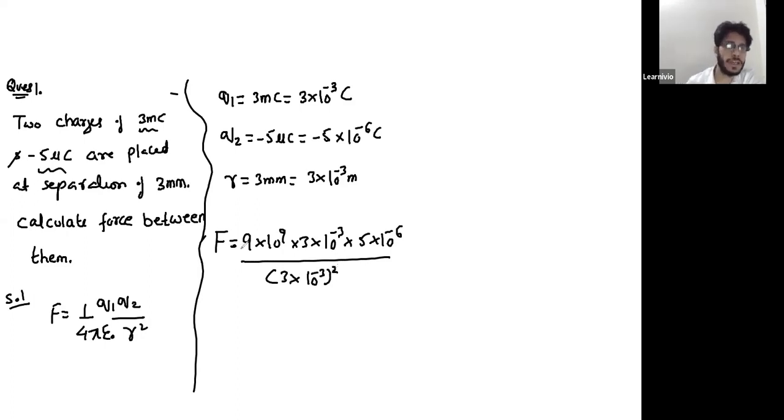Remember, while calculating magnitude of force, we can skip this negative sign. This negative sign will show that force is attractive. It will help in calculation of direction of force, but while calculating magnitude, we can skip this negative sign. So the force is,